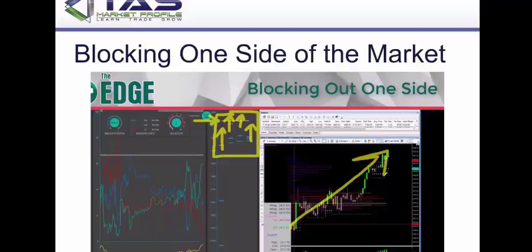All right. Another thing that we talked about earlier just briefly was how this product allows you to block out one side of the marketplace. So what I wanted to do was focus on this particular day, and I've got some examples from Thursday we're going to show you, because we did the slides Thursday and I wanted to capture the latest day. But if this green line is above the red line, and it was all afternoon,